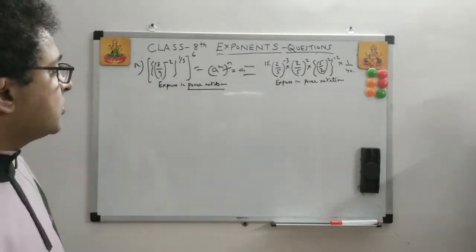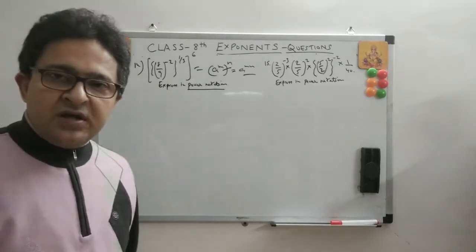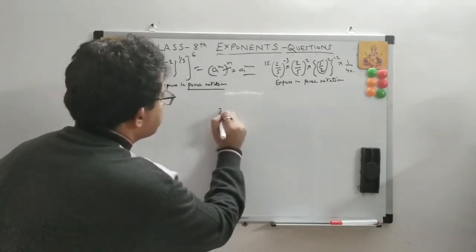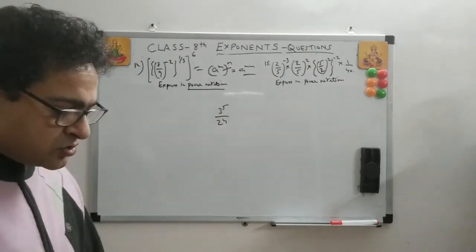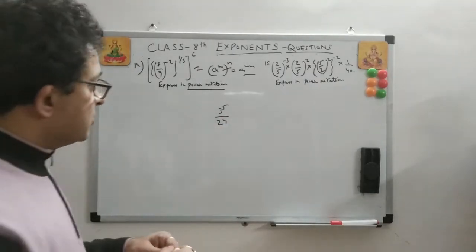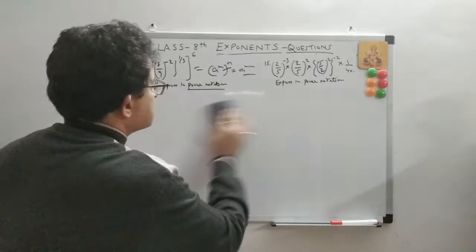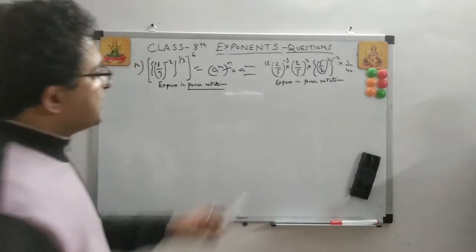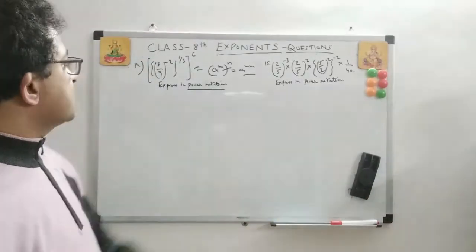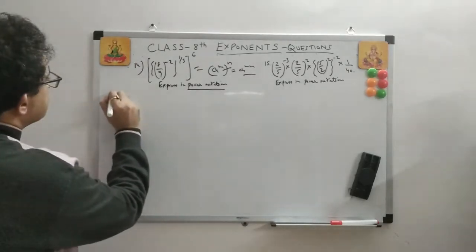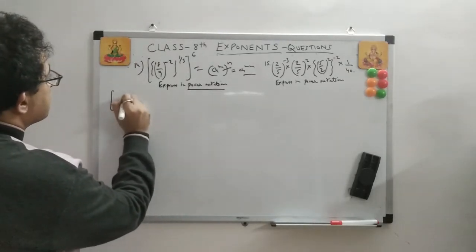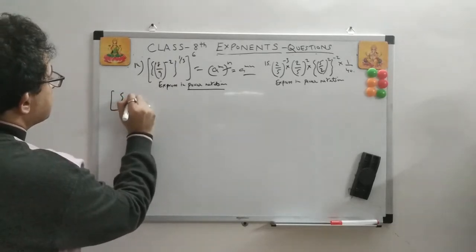Let me show you how. Like in the previous question, it has to be something like 3 to the power 5, or 1 to the power 4. In this notation, you have to leave the answer. You don't have to solve this. Okay, so let's now do this question. Another question, same way, expressing in power notation. So let's solve this one first. In these questions, you have to write properly. So just write this 8 upon 9.